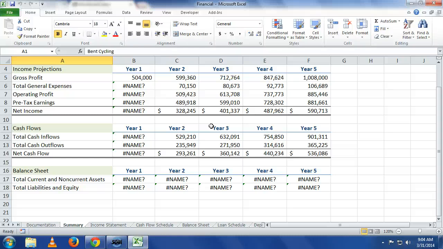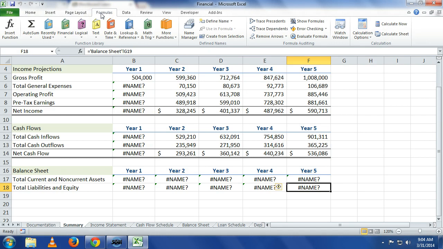It's referencing something, and it doesn't know what it is. We could try to debug this ourselves by looking at a cell and seeing where it goes back. But Excel provides some tools to audit the workbook or investigate sources of errors. So let's go down to cell F18. You see it's referencing Balance Sheet G19. We could go to Balance Sheet G19, see what's in there, and go back and forth. But if we look under Formulas,